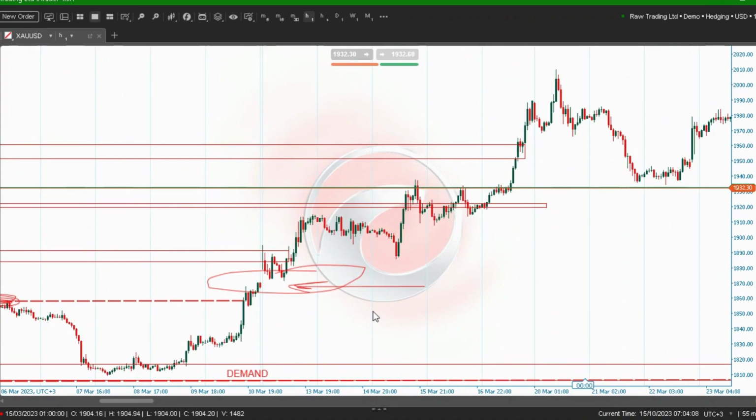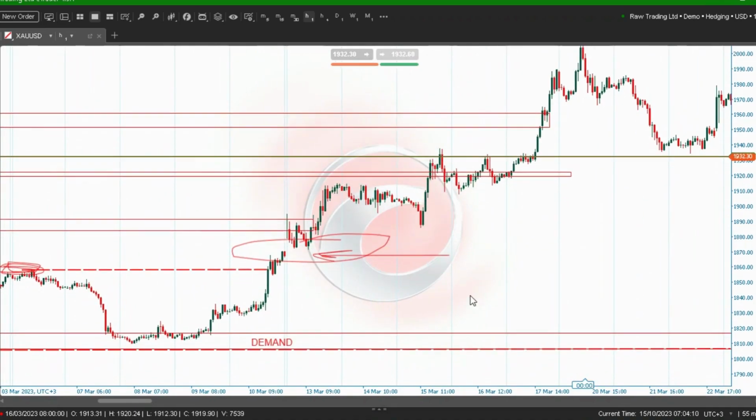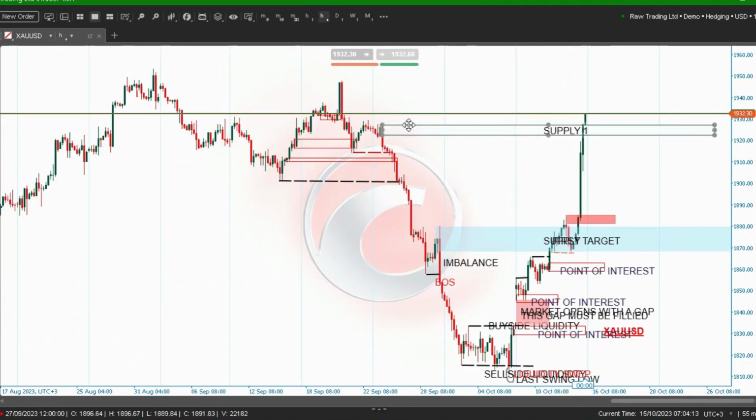You can see the reaction which was there. There was some reaction there, and that is why we are always told